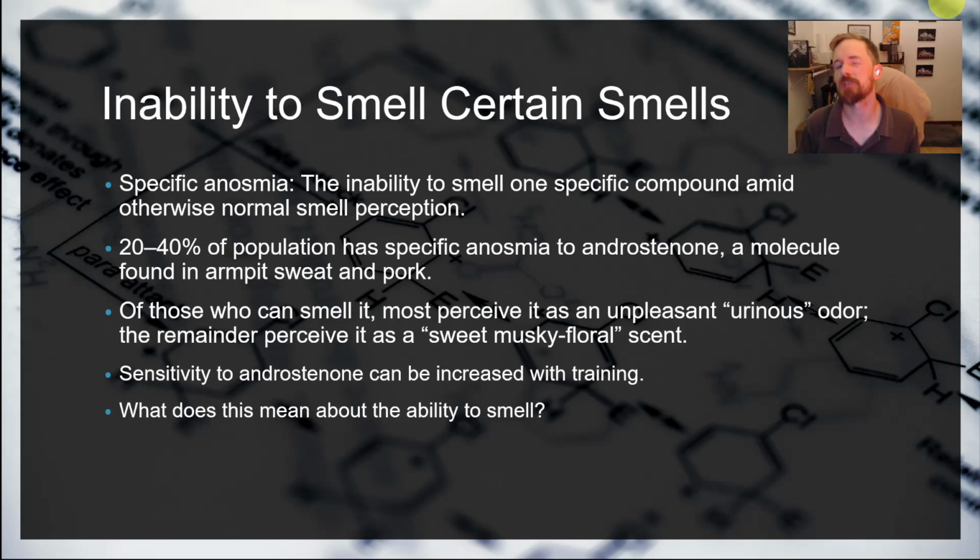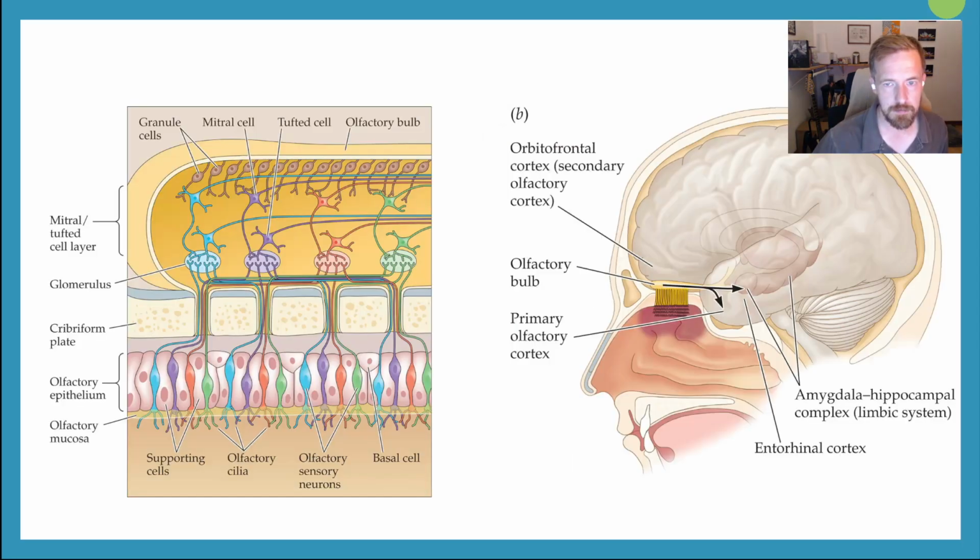But it's just a really interesting, fascinating way that our brain interprets these signals. And so whenever you hear people talk about how there are biological and physiological differences related to sexuality, that's one of the really fascinating examples of this, where it seems to be biologically that some people just do not like it, that it smells bad. But for others, it doesn't, and there might be some interesting hormonal things at play here, creating these differences.